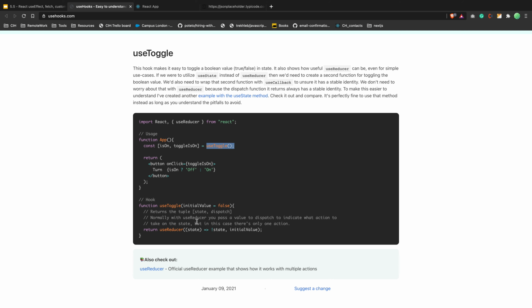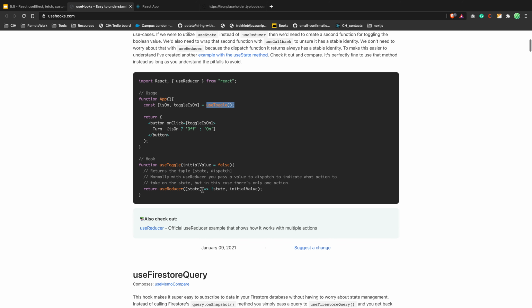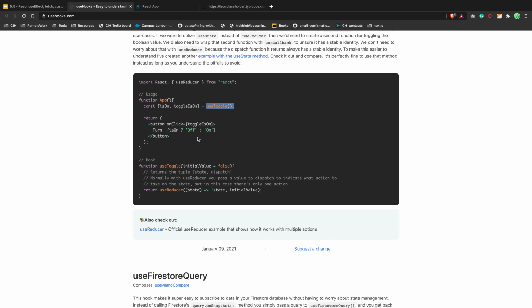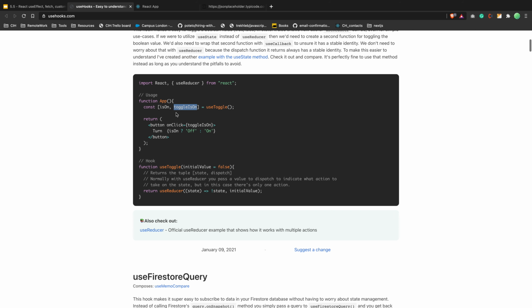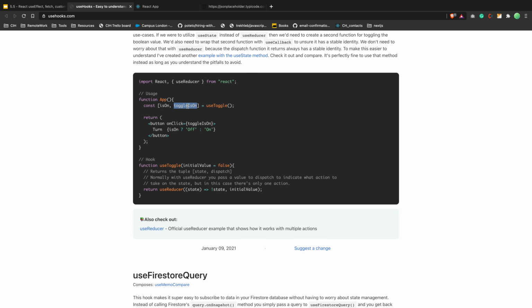In this case, that might not be very obvious. We will scroll down in a few seconds to another one. But here you're basically returning the value, and a function to toggle it. So you don't implement anything in the component, and you can reuse useToggle everywhere, if you have like 100 togglers around your